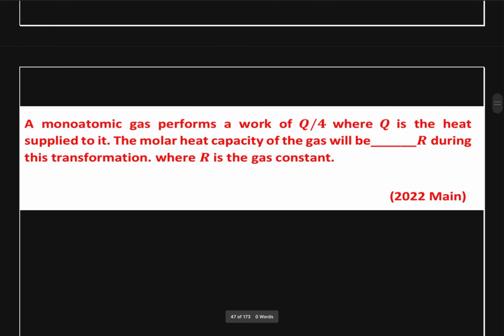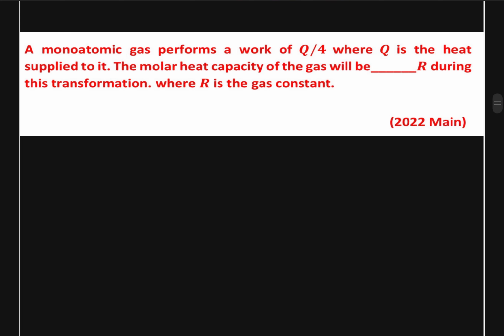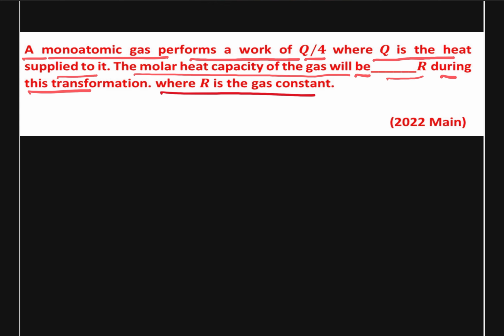Next question. It states that a monatomic gas performs a work of Q by 4, where Q is the heat supplied to it. The molar specific heat of the gas will be dash times R during this transformation, where R is the gas constant. So we have to find out the molar specific heat in terms of R basically,